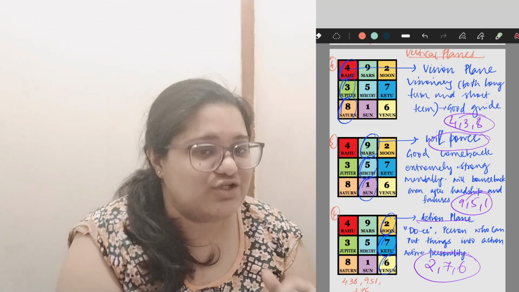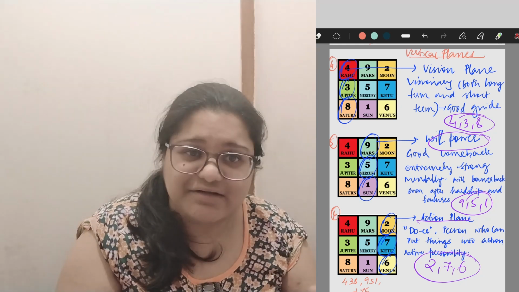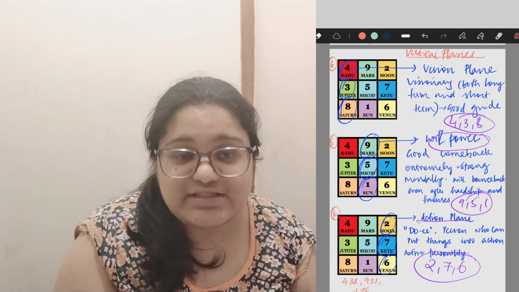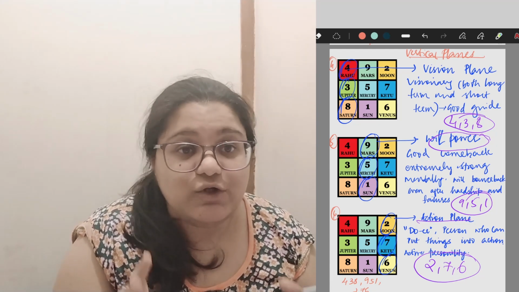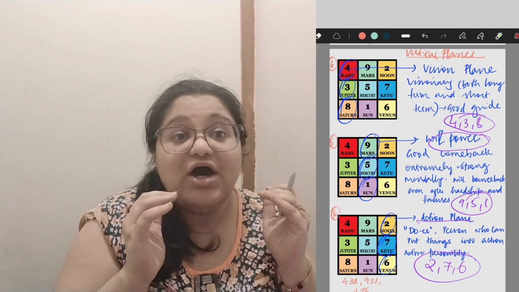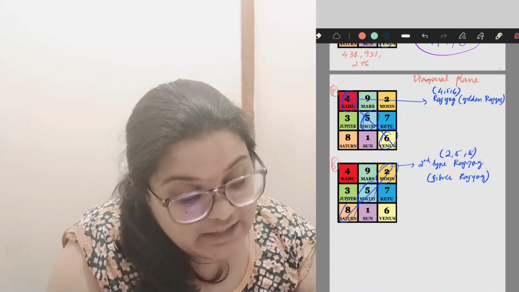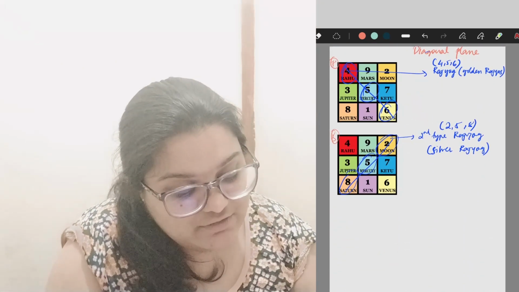So if you have seen people with this combination in their chart, you will see they are always doers. They're go-getters. They want to put energy into doing something, achieving something. So this is something that you will be able to see in terms of the Loshu grid and understanding each of the horizontal planes. The last 2 planes that we have are based on the diagonal planes.